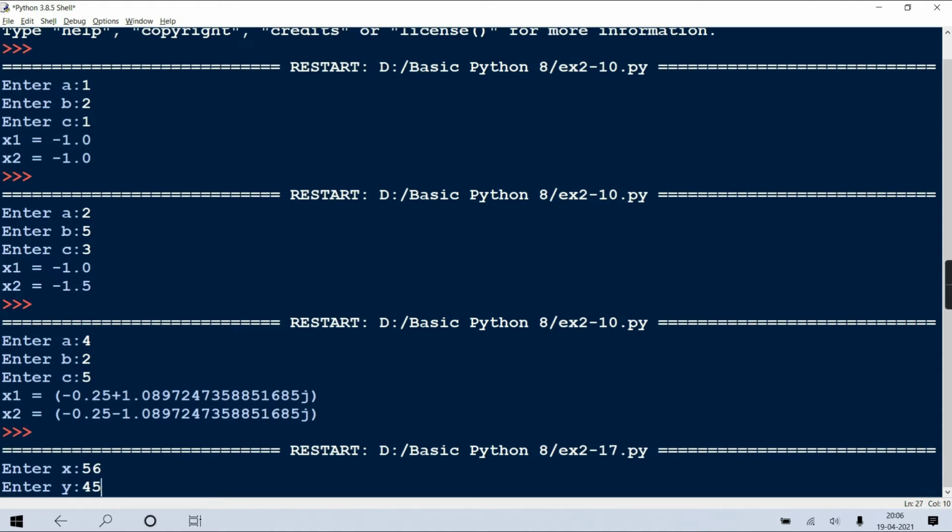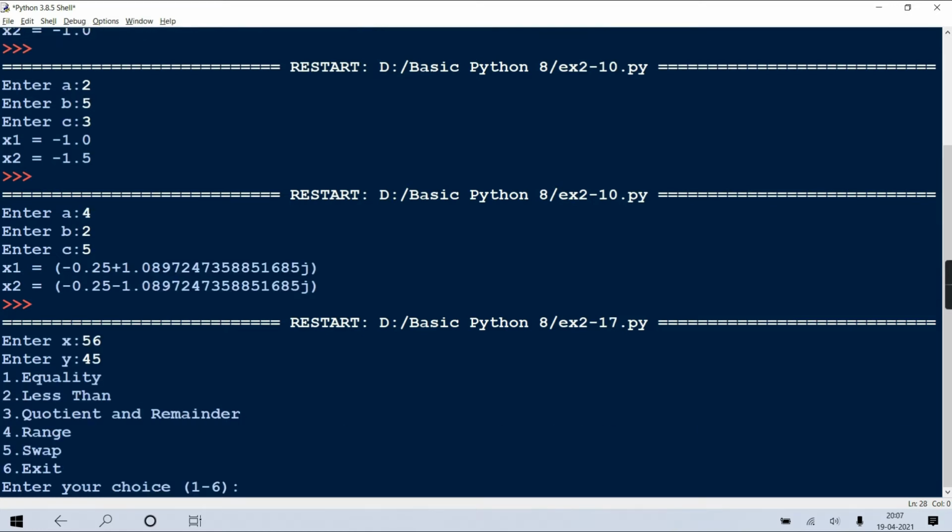Okay. Now mod and div, when you do quotient and the remainder, I guess quotient will come 1 only, right? 56 is divisible by 45 once only, and the remainder will be 11, I guess, right?